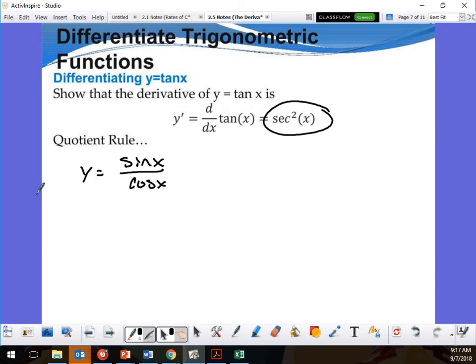So y prime should be cosine x times cosine x minus sine of x times the derivative of cosine, which is negative sine of x. All that is going to be over